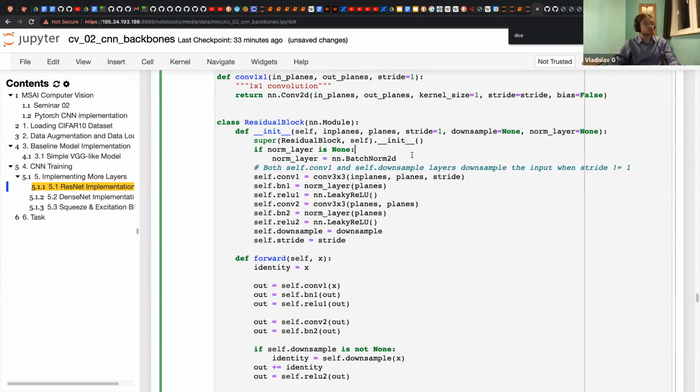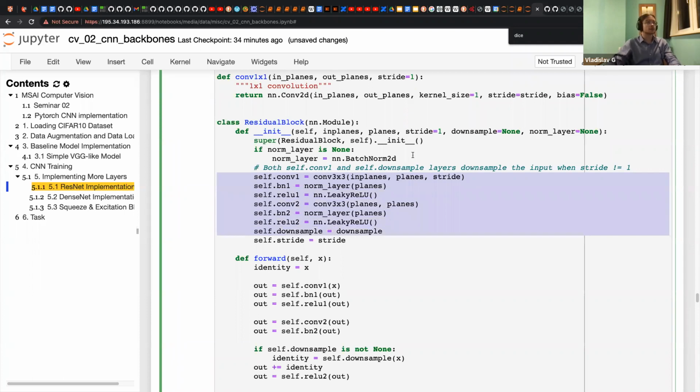So yeah, here we define convolution, then norm layer, then batch normalization, then activation, also convolution, normalization, activation.